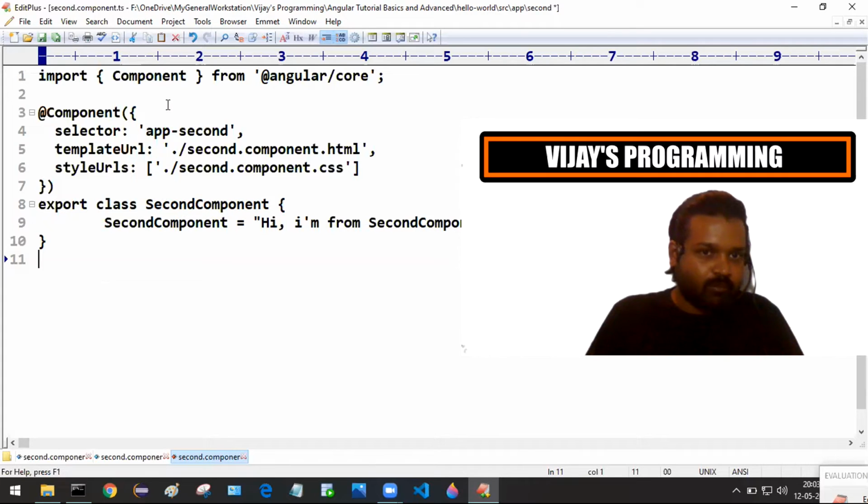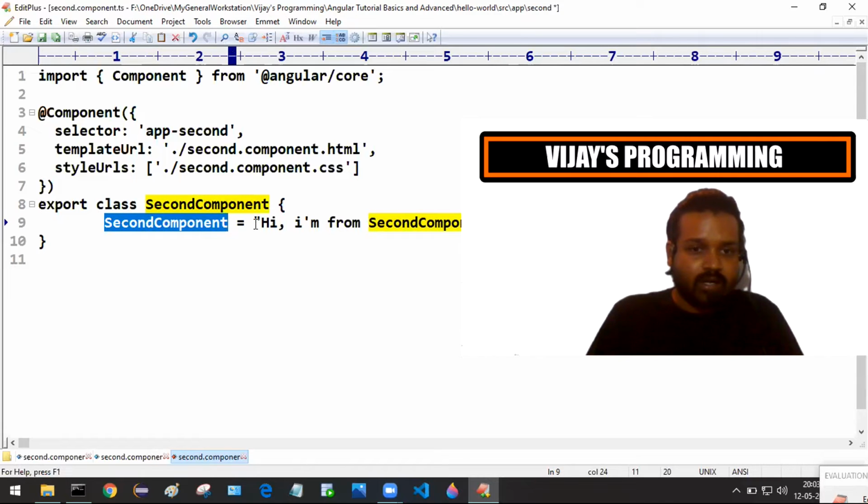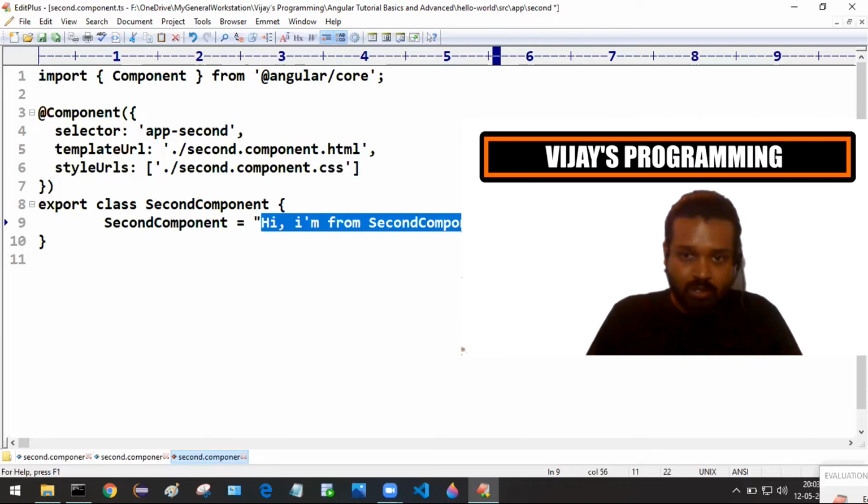First, we have removed some of the contents inside our second.component.ts file. Then we have included this identifier secondComponent, supplying some message within the double quotes.